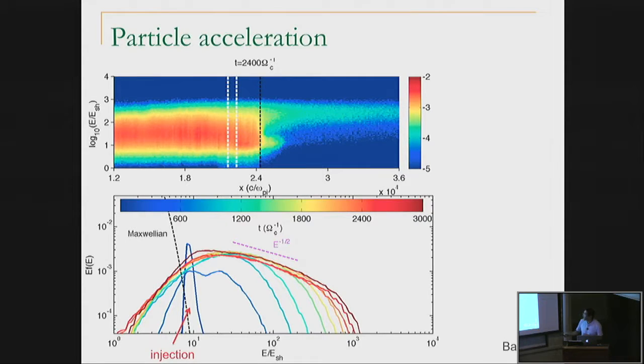And if you measure the downstream spectrum, and so this shows the spectrum as a bunch of, you see that over time, the maximum energy